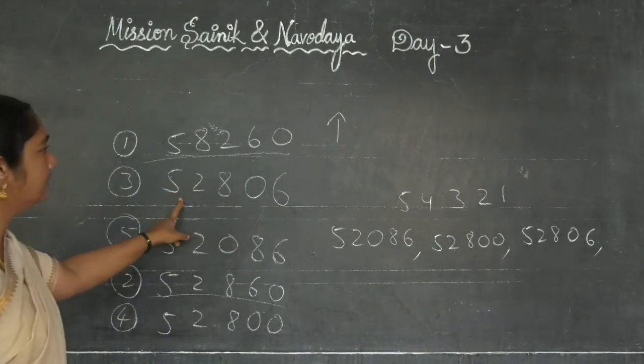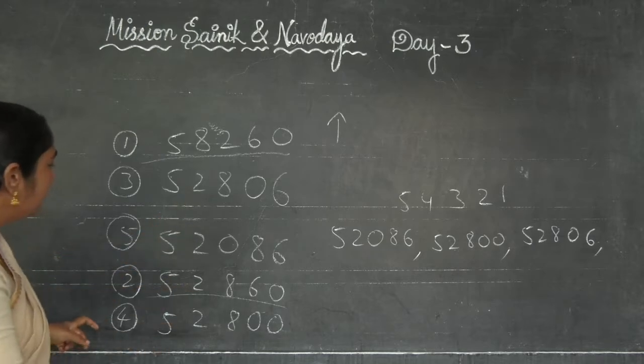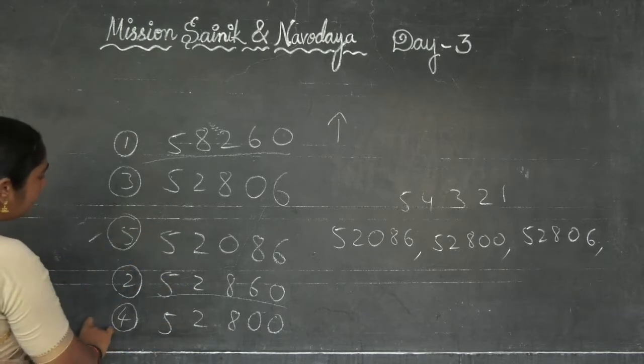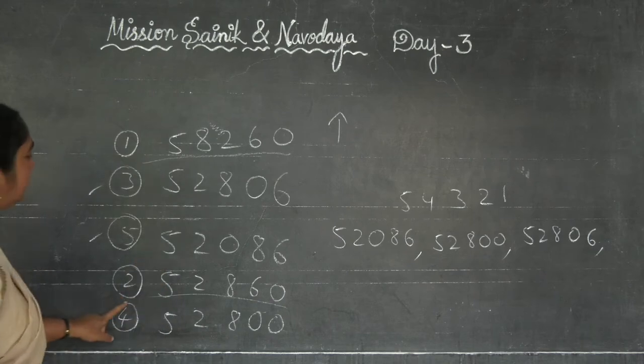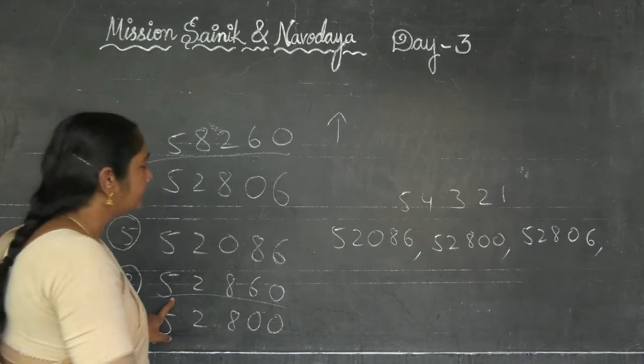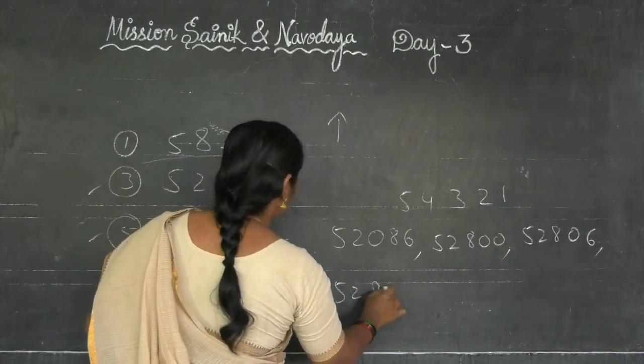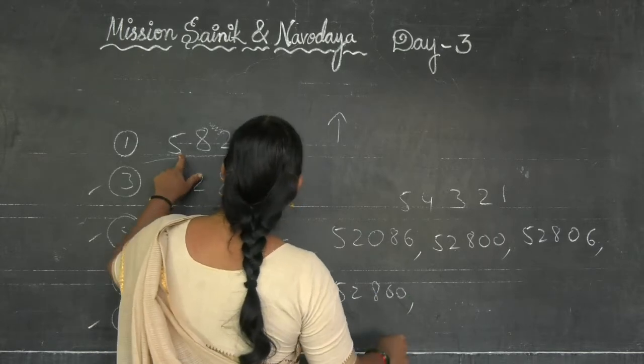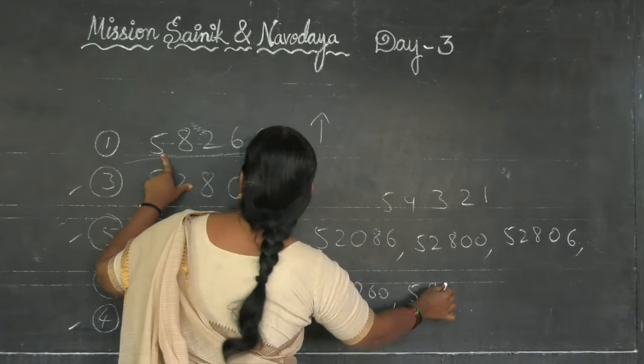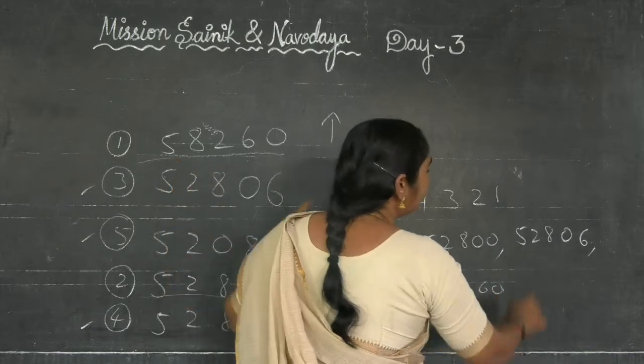Next we have given, okay, we finished 543. Next is second rank. We have given to this means 52860. And the last one is 58260. Means, my dear friends,